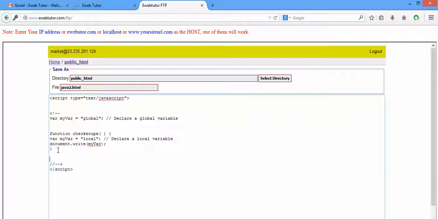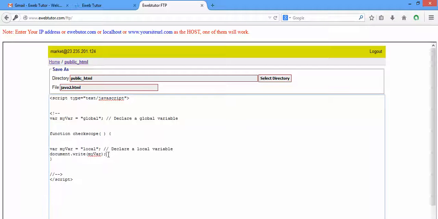Just know something. Don't convince yourself. Local variables are variables that you declare inside a function. Example like this now, this is a function. This function now is checkScope. So any variable you declare inside this function is what is referred to as a local variable. Local variables are variables that are declared inside a function. So right now the variable we declare inside this function is what? My var. So my var now is a local variable,